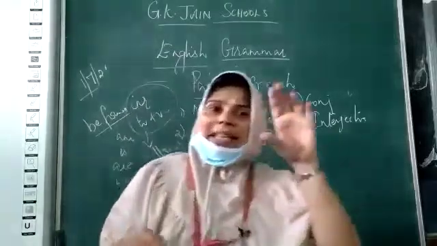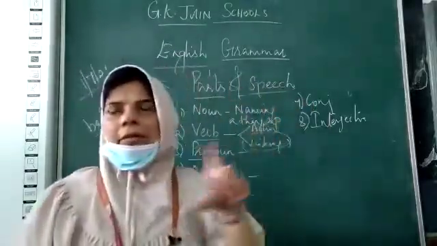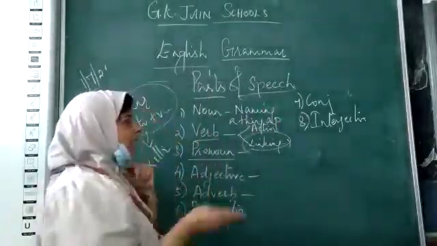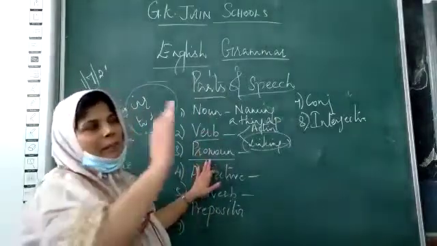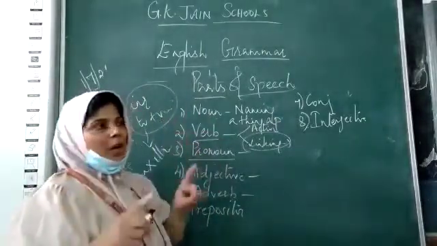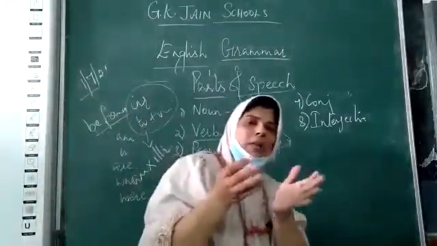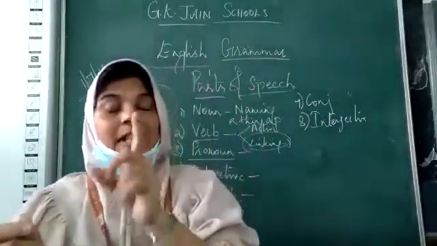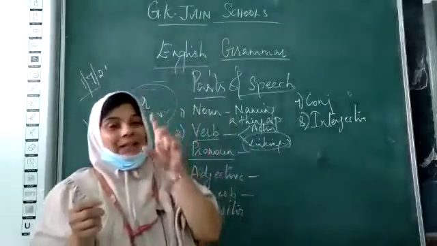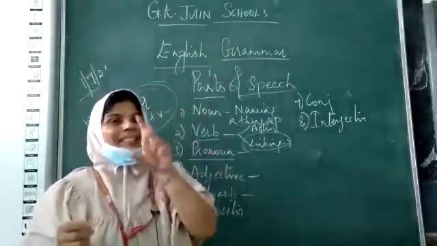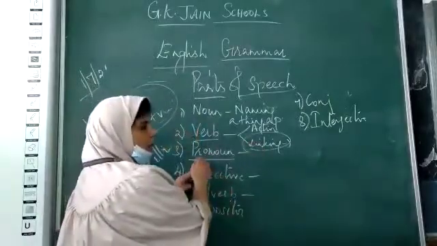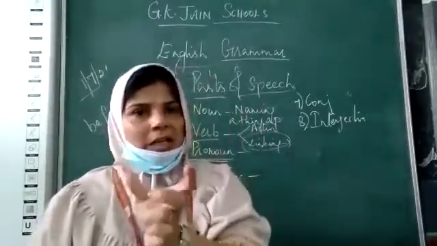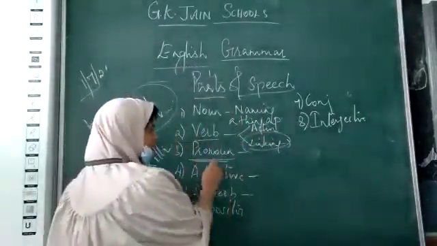If you have noticed, in each sentence I have used Little Red Riding Hood, which is a proper noun because it's the name of that little girl. Now I don't want to use Little Red Riding Hood repeatedly in all my sentences. So what I do, I replace this noun, Little Red Riding Hood, with a word. Please pay attention. When I replace a noun with a word, that word is called a pronoun.